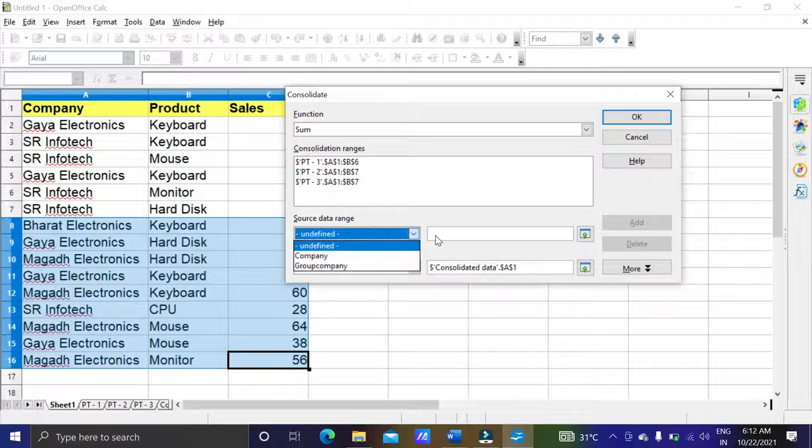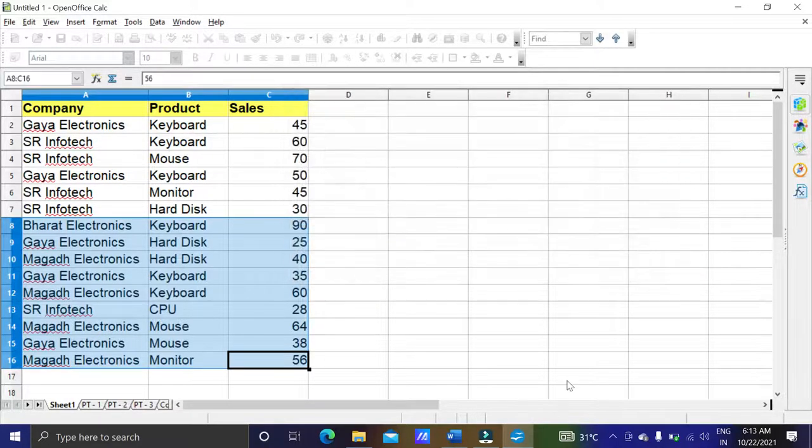If we don't want to select data again and again, we can go for data range. Once we define the data range, it comes automatically. Group company is from A1 to C1 total, and company is from A8 to C16. So if we have the same data and don't want to select it again and again, we can go for this.